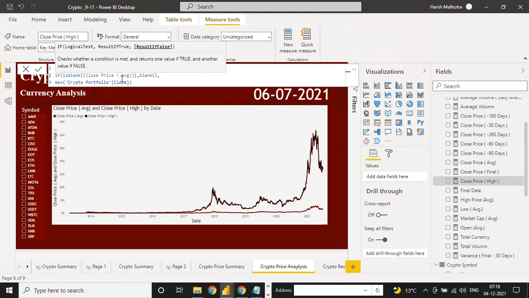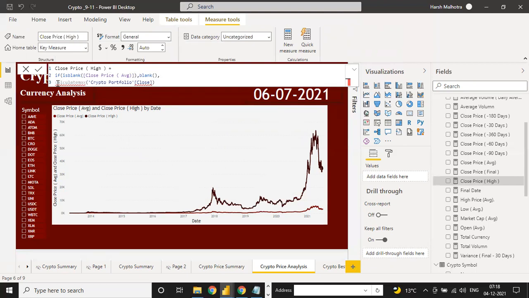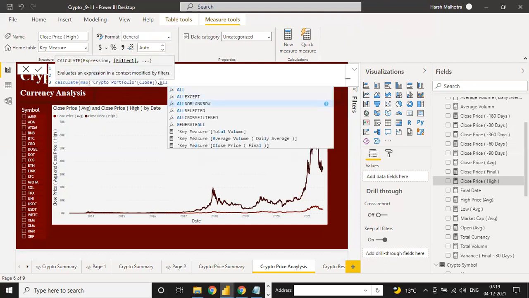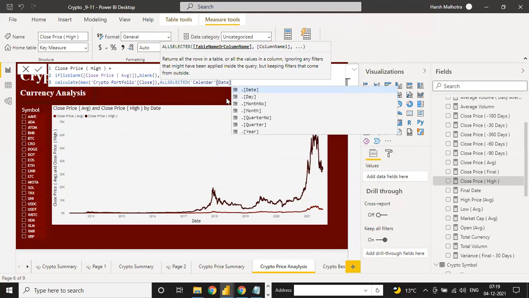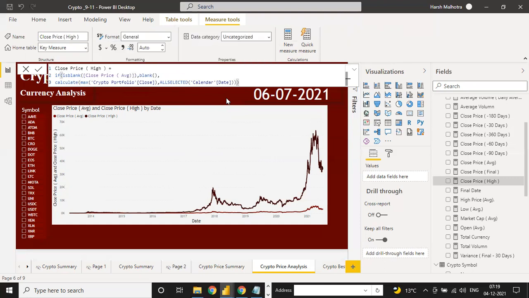So if the close price average function is blank, we return a blank answer. Otherwise we need to calculate the maximum of this crypto price close, ALL selected for the complete date table. So CALENDAR of the date table, this one, CALENDAR of this date, and just close your bracket.